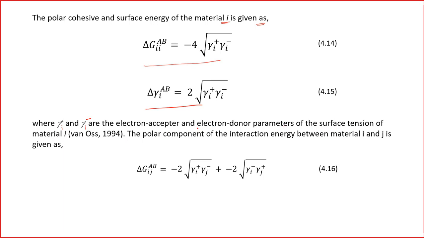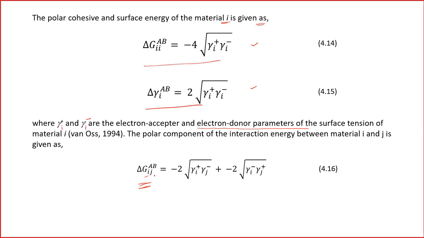So these are some parameters that we will discuss later. By definition, this is defined as these two equations. The polar component of the interaction energy between material I and J is then given as this one. Okay, so this is for a single material, and here we have got the one for